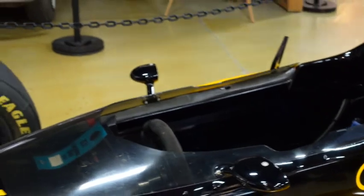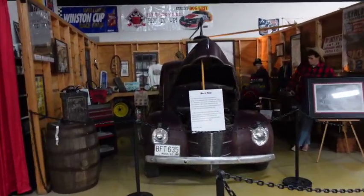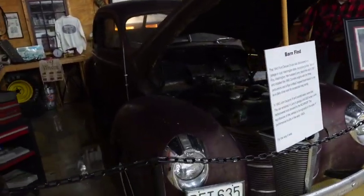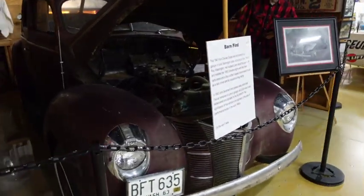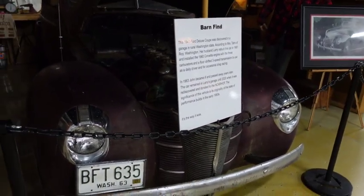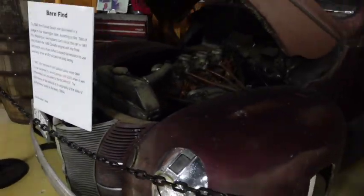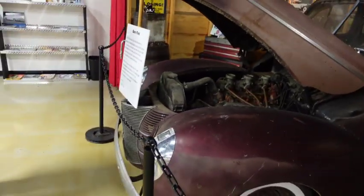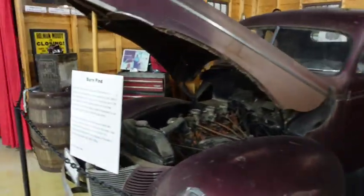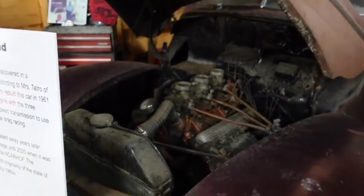Now the other one over here too is a 1940 Ford. This is Don Miller's friend's car. He passed away outside of Seattle, Washington. And this is a real barn find. Where was it found? Do we know what state? Yeah, it was outside of Seattle, Washington. Good deal. He had two of them right there, and he had one that was pretty decent